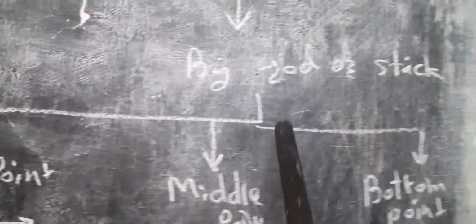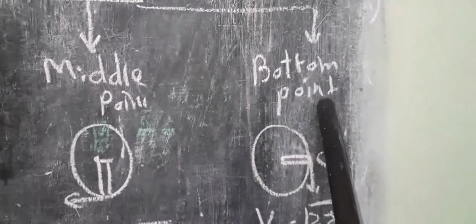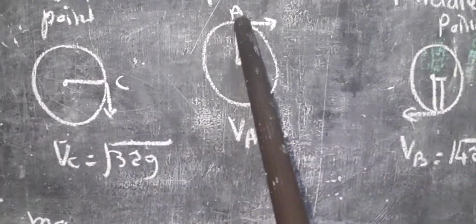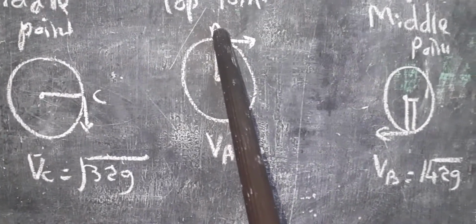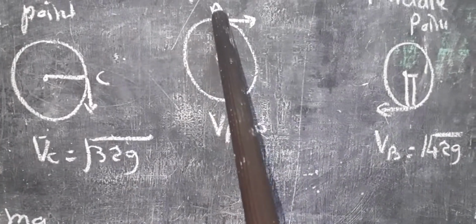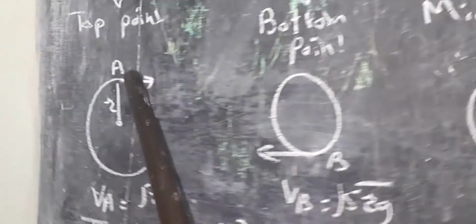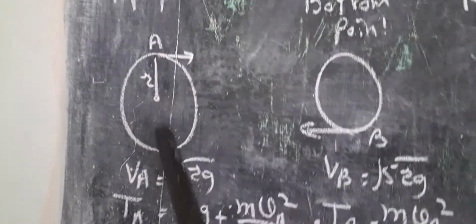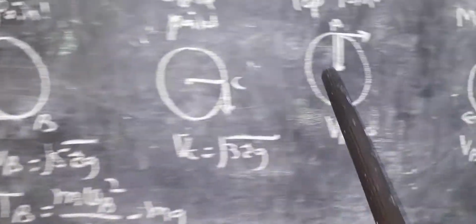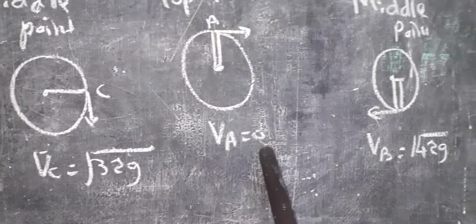Similarly, in case of VCM by rod or stick, 3 points are important: top point, middle point and bottom point. And we have seen the formula at top point. Because of the stick, even though velocity at point A is 0, the motion is possible. So VA, velocity of the particle at point A, can be 0 even though VCM is possible. But in the case of string it is not possible because the string slacks down. So VA is not equal to 0. If it is 0, it slacks down and there is no VCM. But in this case, because of stick or rod, the motion is possible. So VA equal to 0 is possible.